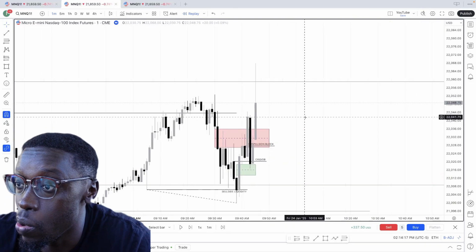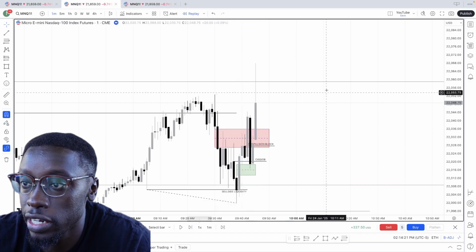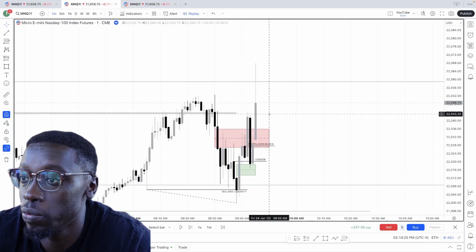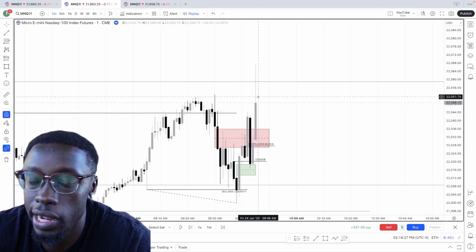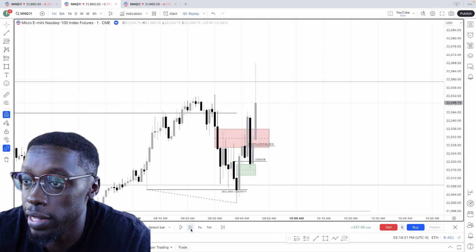So what I was potentially looking to see at this point, I didn't end up taking a trade because I take a trade and I'm done after that. I'm usually one and done once I win in the morning. I don't want to force it and give any money back. So I'm usually done. But this was a really good